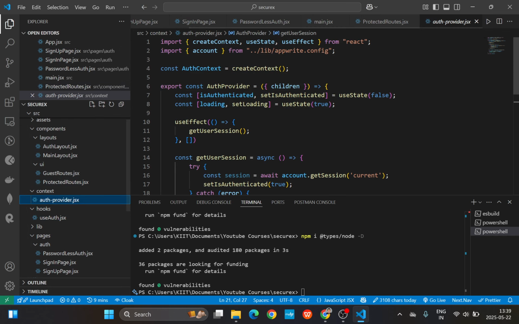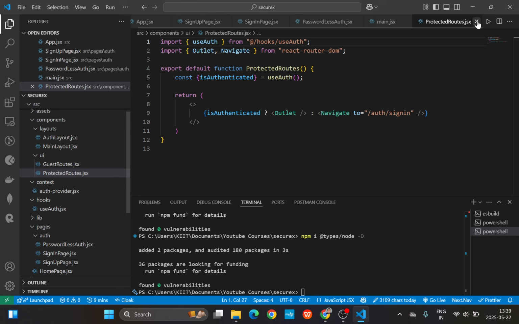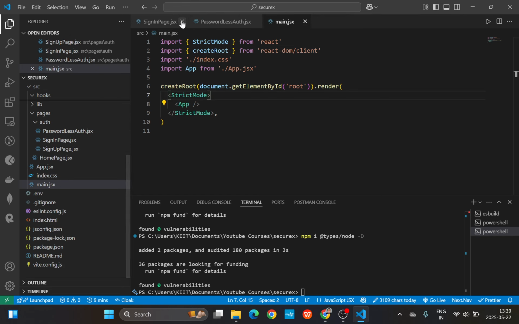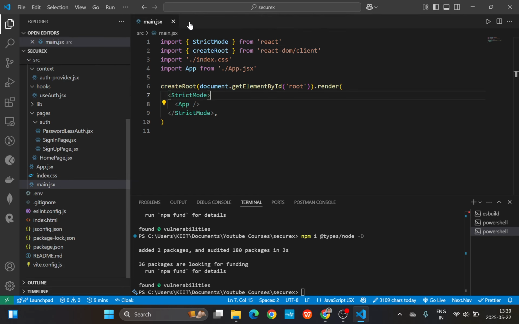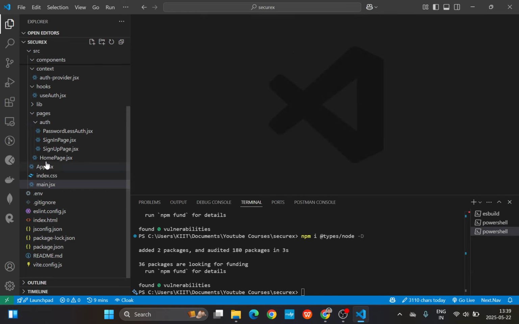So it's at the auth provider as well. So I'll provide here @/lib/appwrite.config. Now I'll close everything. Here also what we can do is enter @/index.css, save that. And after we are done with the customization of our import alias,